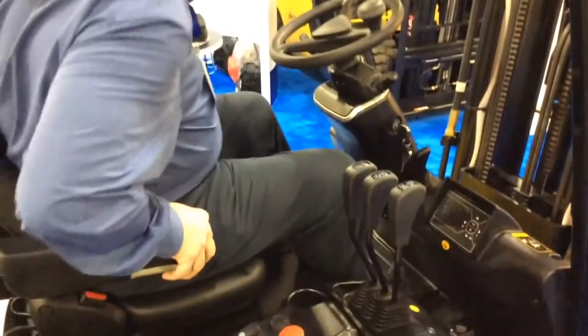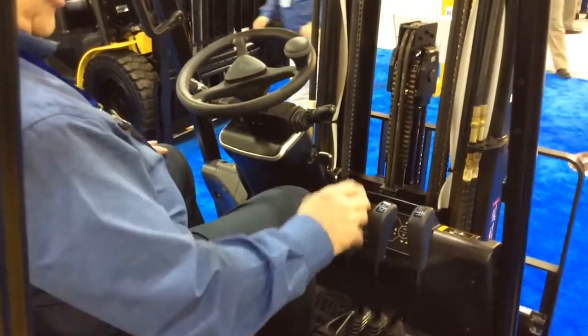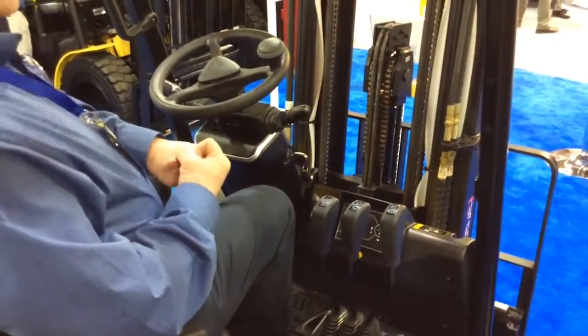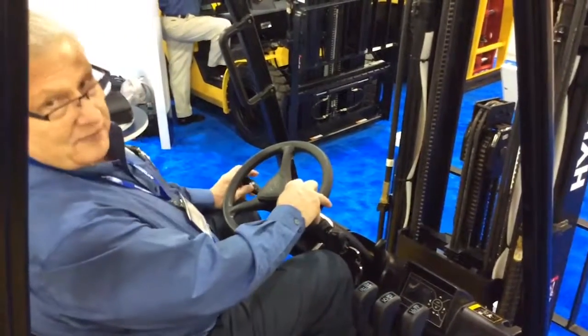We have adjustable armrests, so it's very simple to be operating the controls. This is a three-spool valve, so it's got lift, lower, tilt, side shift. It can be equipped with a 4-spool valve for other attachments. Very simple steering wheel adjustment, so depending on the size of your operator, he can get comfortable in this truck